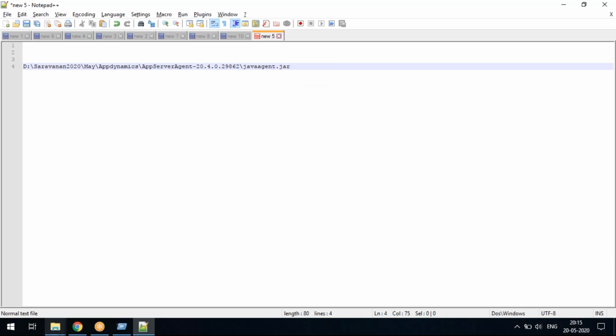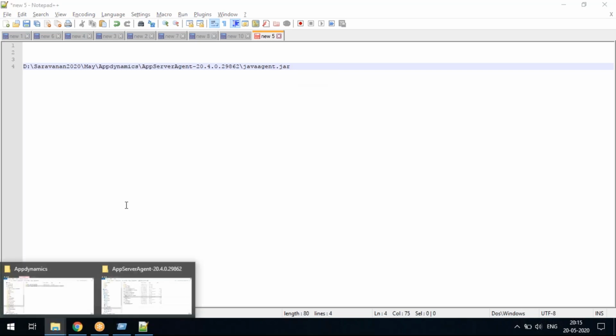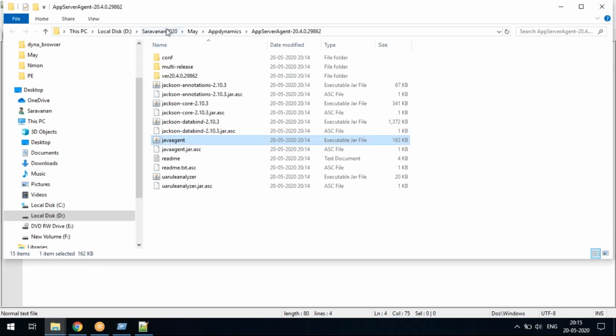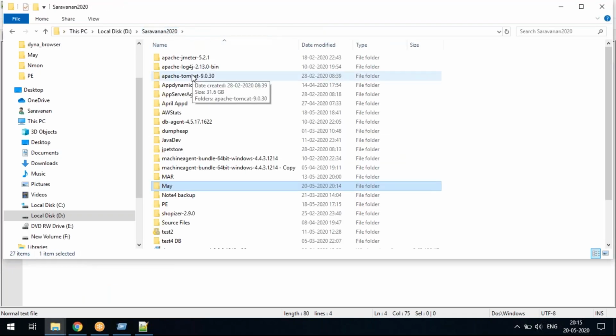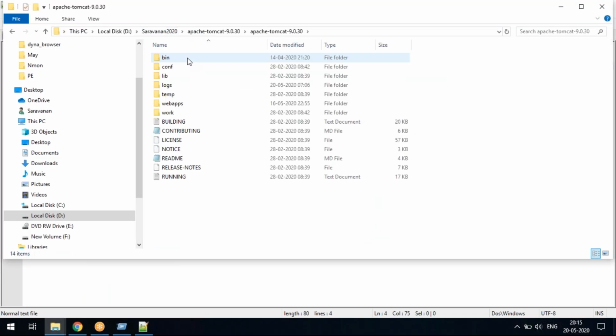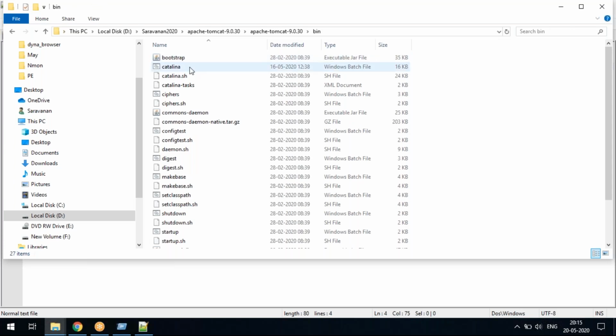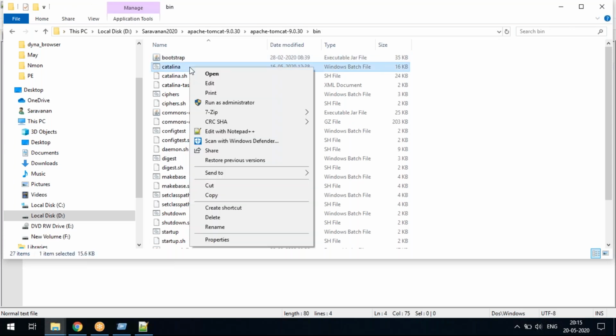Now I am going to my application server, Apache Tomcat. Inside the Apache Tomcat bin folder, there is a file called catalina.bat, guys. Please remember, for Apache Tomcat, you have to go to the catalina.bat file.